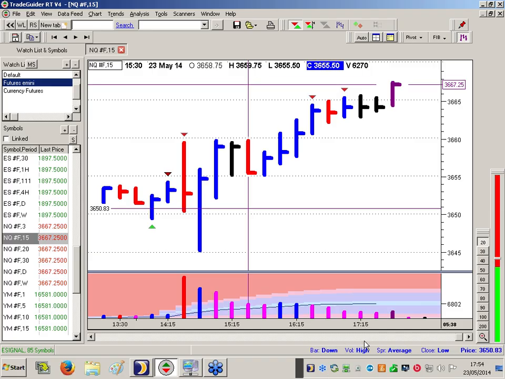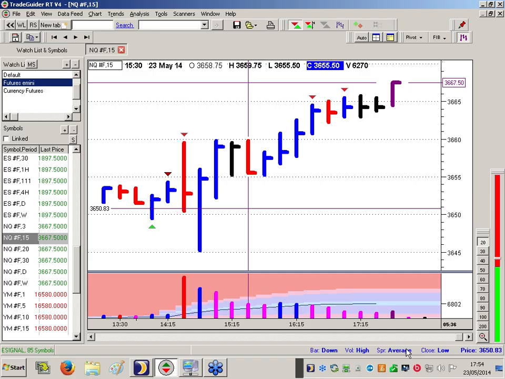Down bar, volume high, spread average, close low. Right, it doesn't give you too much information, but it is a test as far as the professional money is concerned. They say it's high volume, but when we look at it, the computer only looking at it because it's